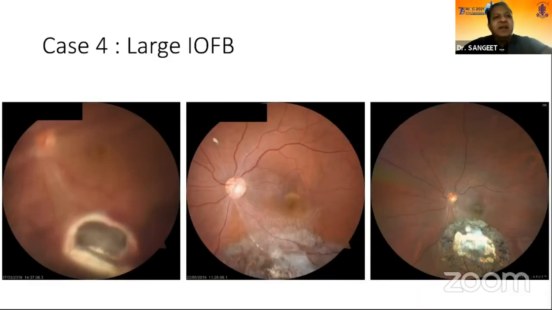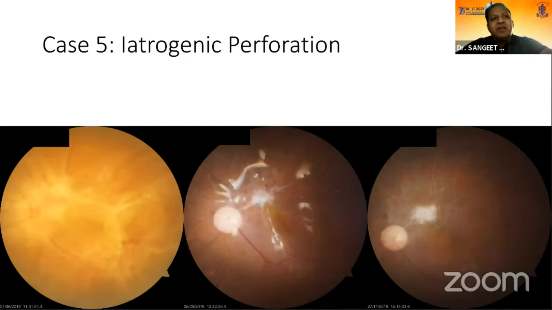Some other cases, this was a large intraocular foreign body. It was removed, the chorioretinectomy was done, and you can see there's hardly any post-operative PVR. This was a patient of diabetic retinopathy who had an iatrogenic injury with the cautery tip during vitrectomy, and you can see after the first surgery with the silicone oil, there is a fibrous ingrowth from the wound side. And when we did the SOR, we did a chorioretinectomy here, and the patient had a good recovery.